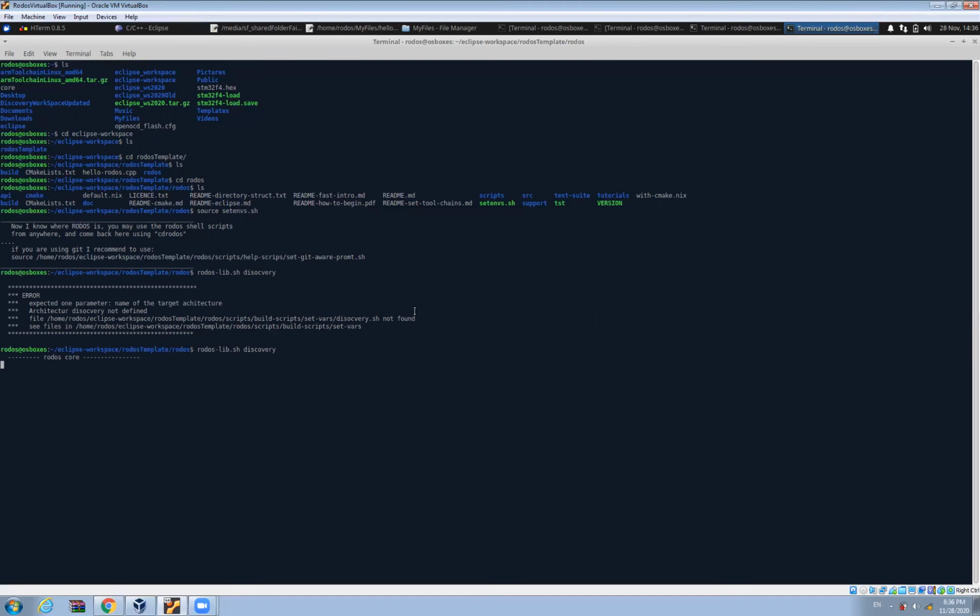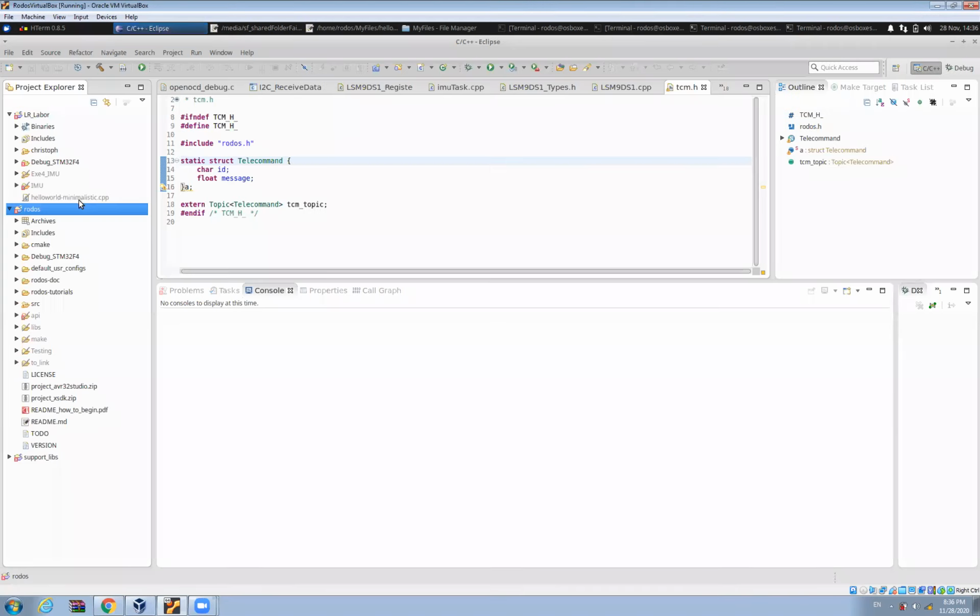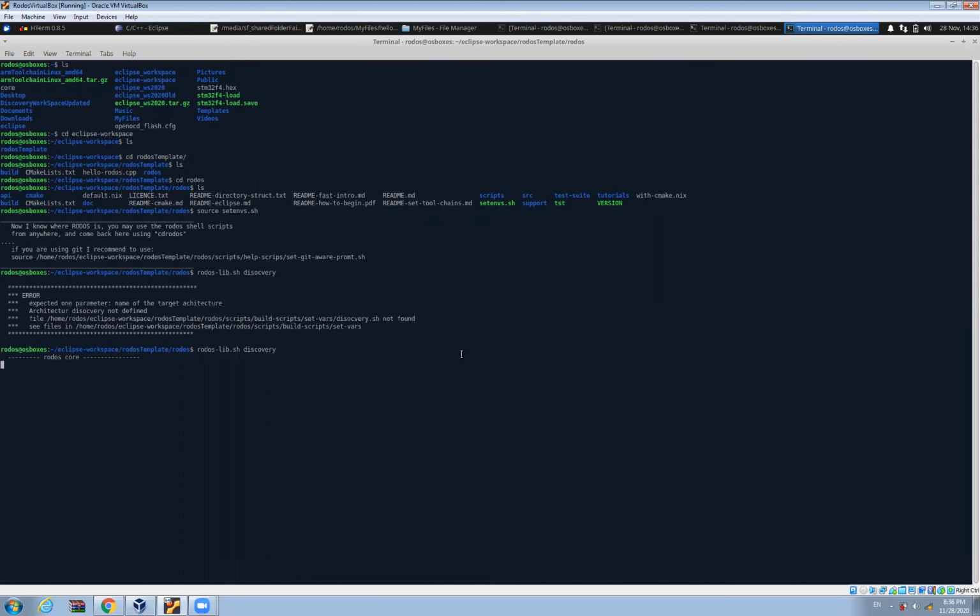If you remember, when we had Eclipse, whenever we right-clicked and built, it took some time to compile the static library for Rhodos. Here the same thing is happening. When we type Rhodos-lib.sh and give the architecture name, it takes some time and compiles the Rhodos libraries.